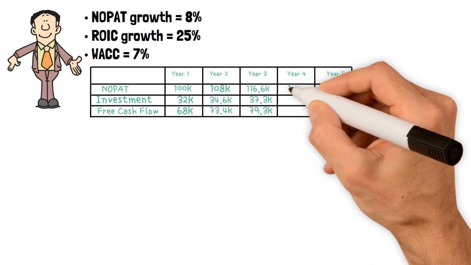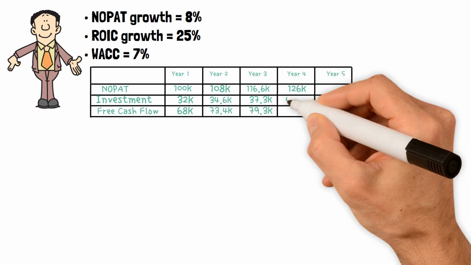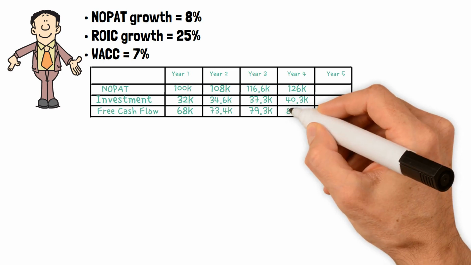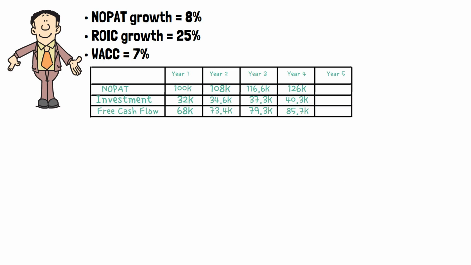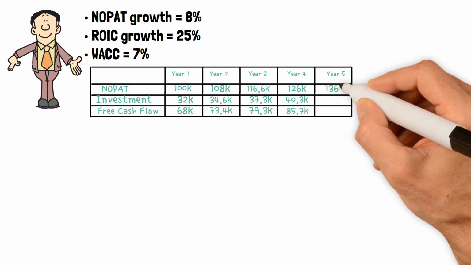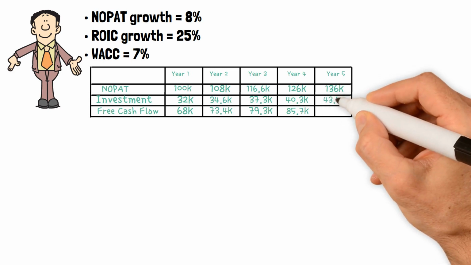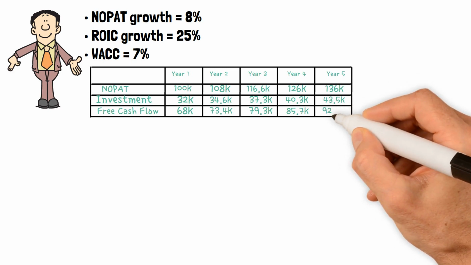$79,300. NOPAT in year 4, $126,000. Investment in year 4, $40,300. Free cash flow in year 4, $85,700. NOPAT in year 5, $136,000. Investment in year 5, $43,500. Free cash flow in year 5,